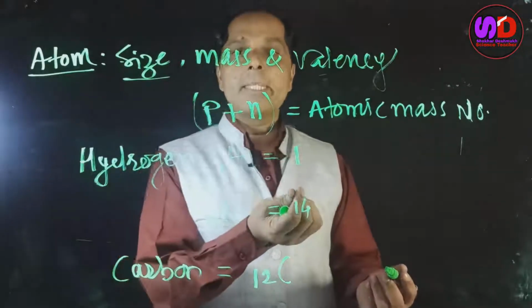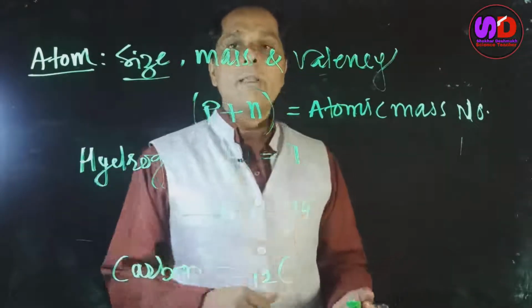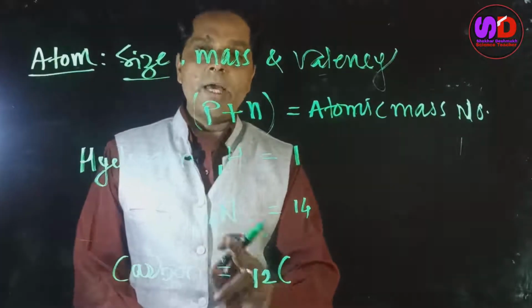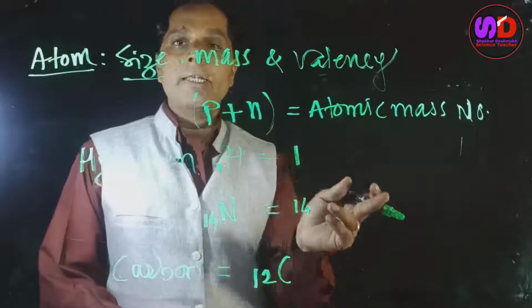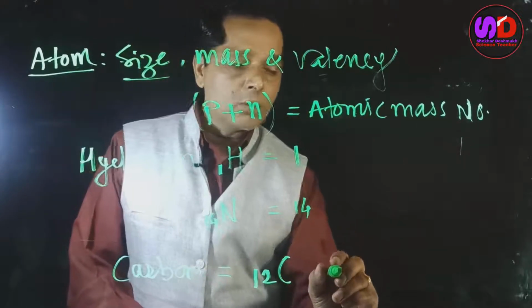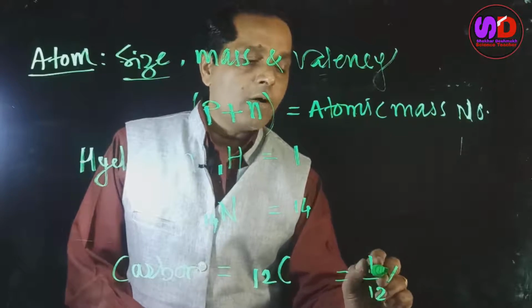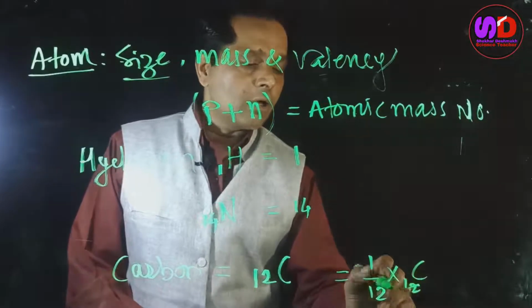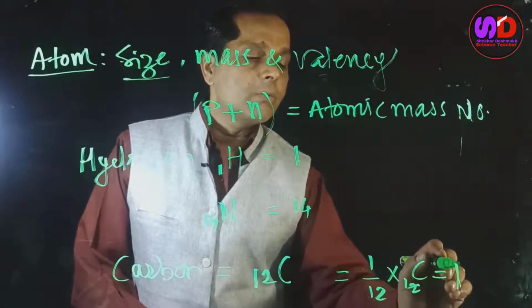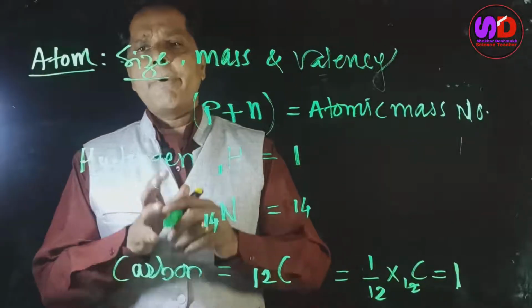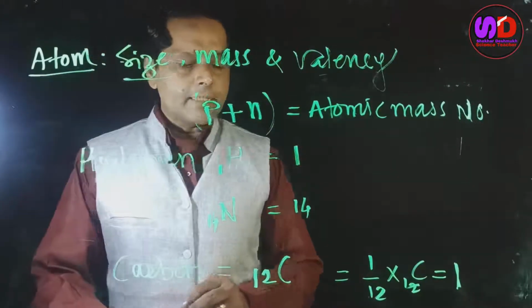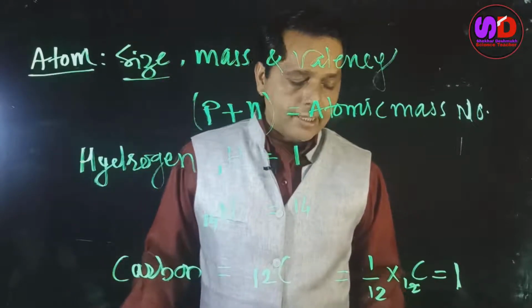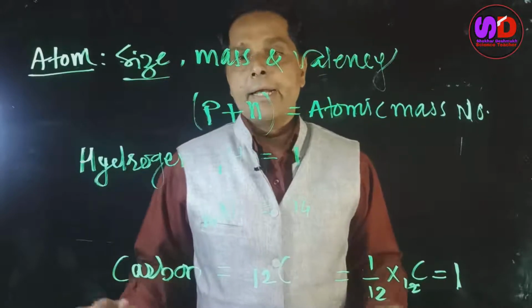Again, if we want to see an example, the mass of hydrogen is 1. Why is it 1? Because the mass of carbon is 12 and hydrogen is 12 times lighter, that means the mass of hydrogen is 1/12 of carbon. Therefore the mass of hydrogen is taken to be 1. So it is nothing but the referral system, and the relative mass of an atom is calculated in this way.